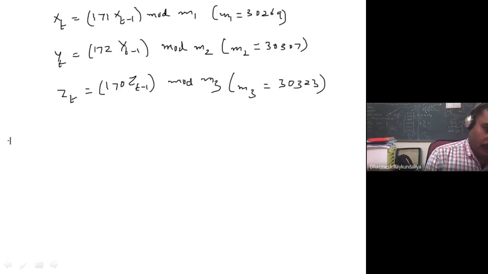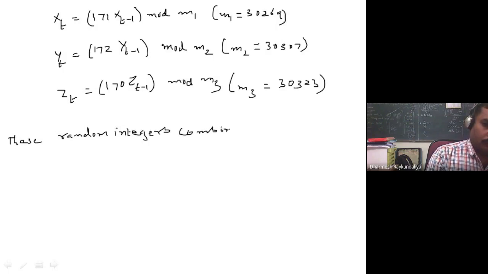These random integers are combined into a single random number.